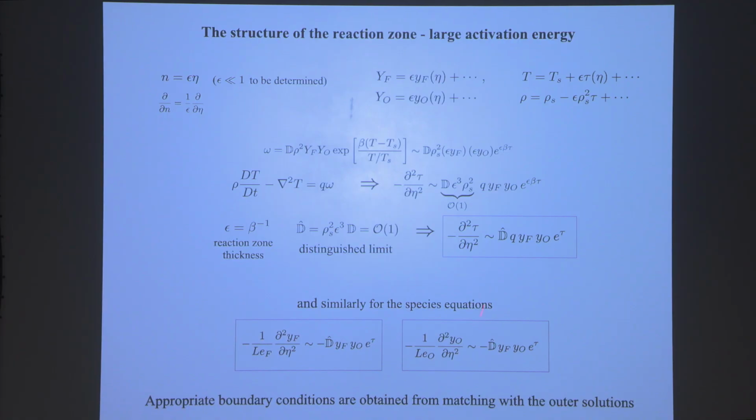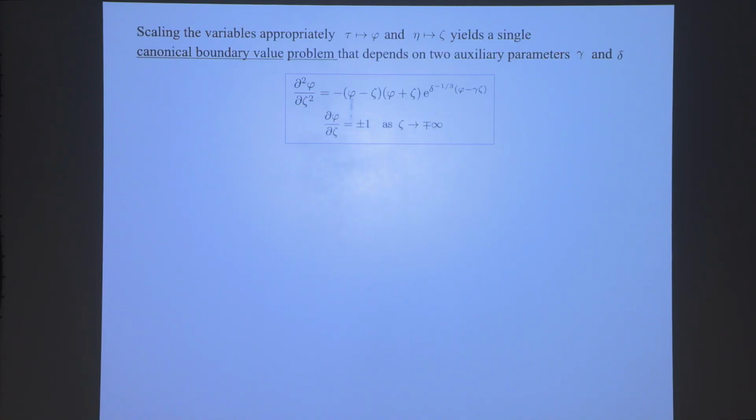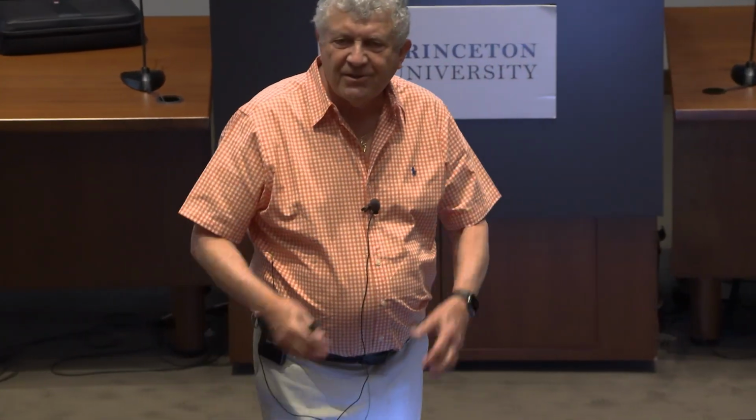Of course, they will be very similar except for the minus term and no heat release Q. And as I said before, with some transformation that you have to work a little bit to make,